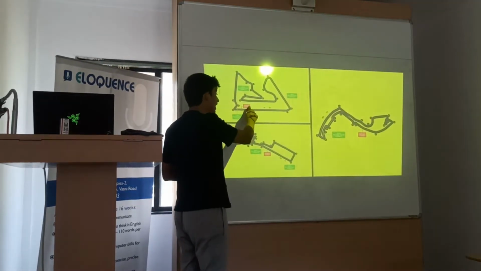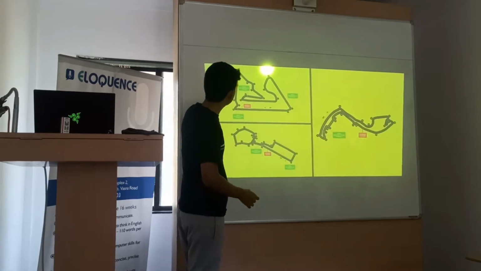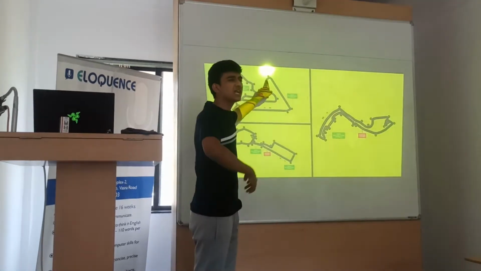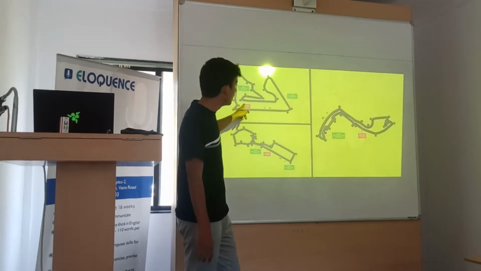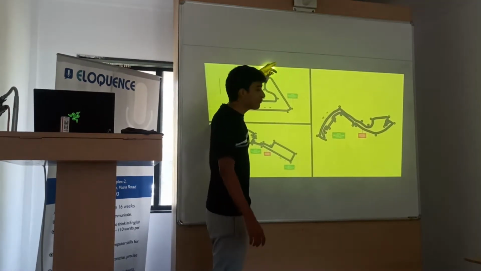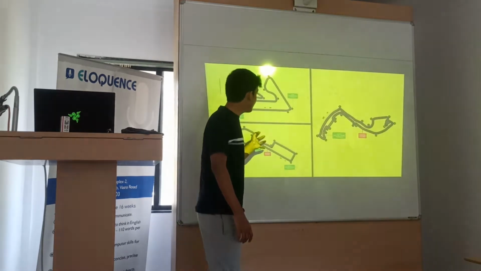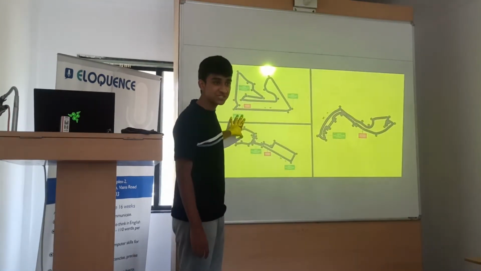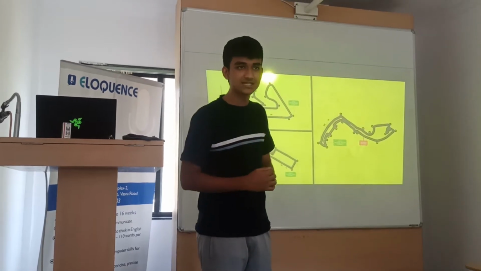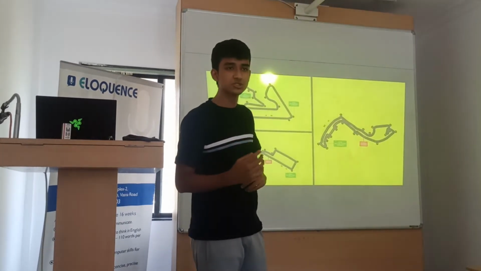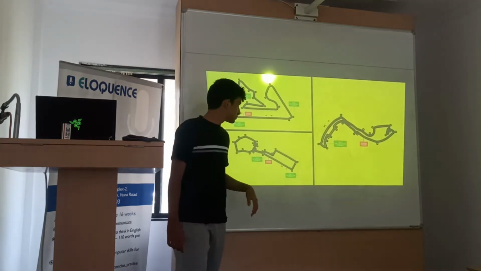And when we come to the corners, this is where the downforce is really important. When the car is taking this open corner at very high speed, let's say 150 or 200 kilometers per hour, that downforce will help it not to fly off the track. And if you are wondering about the margins when the cars race, the margins are in milliseconds and sometimes even microseconds. So it is a very close sport. So these are three circuits.